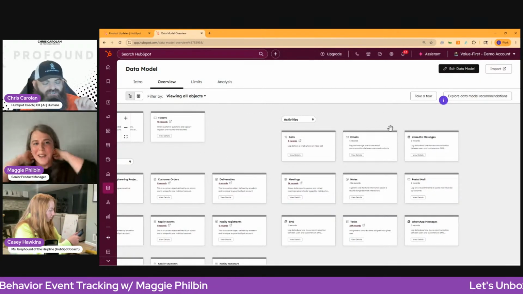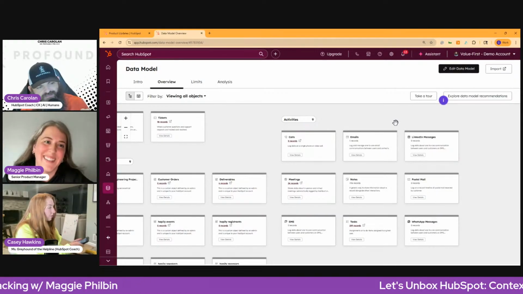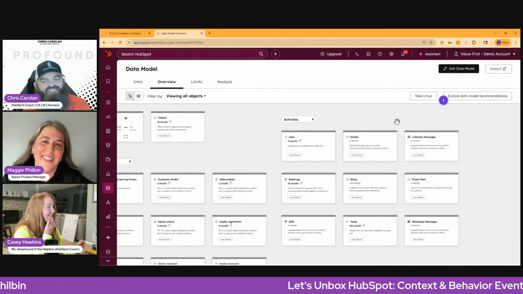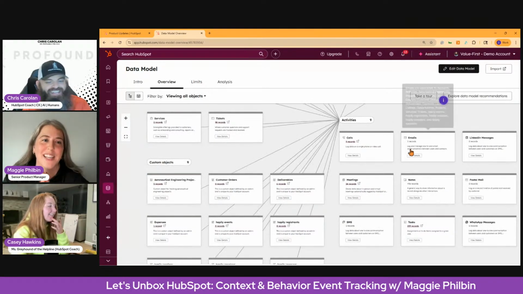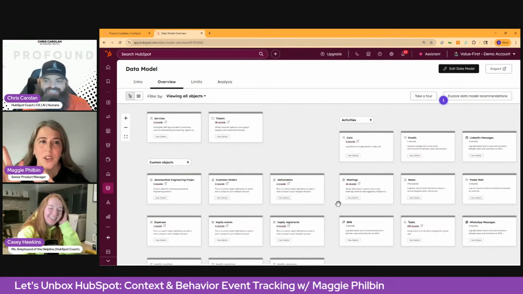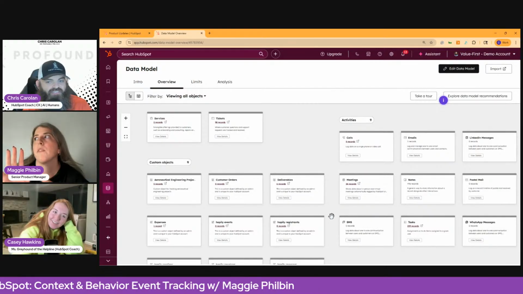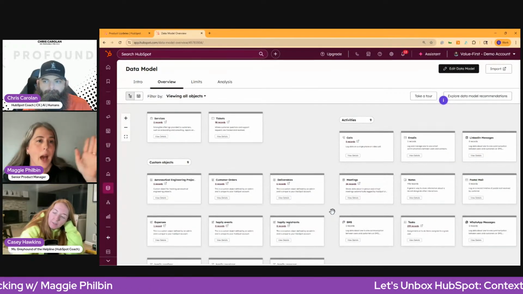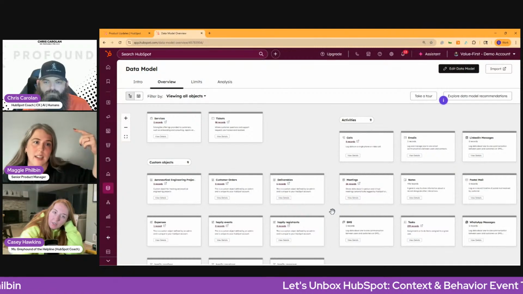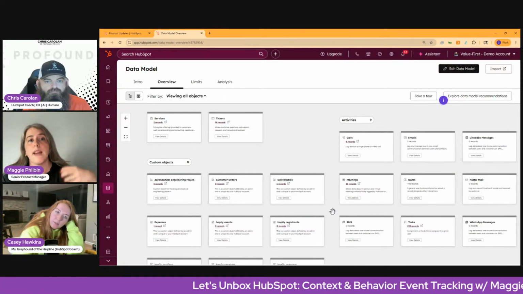Just real quick, what's the difference between objects and events? As you can see, I started to get sweaty when you pulled up the list of activities. It is confusing because conceptually there's a lot of overlap. Objects and events are the two central entities in the HubSpot data model. Objects are designed to represent processes and relationships. By nature, they're meant to evolve.